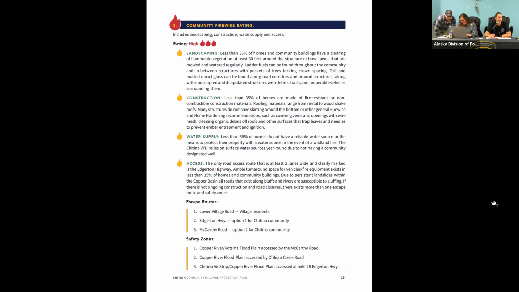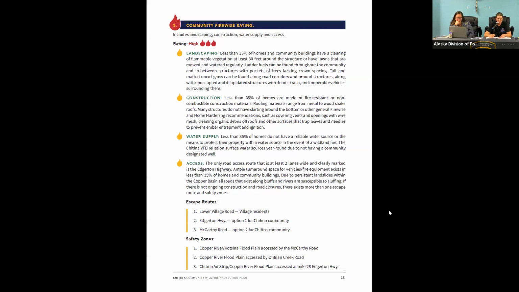Cleaning the debris off your roofs, any place where there are needles or other organic debris, like a place where your roof joints come together, or around gutters and that sort of thing. Embers can fall on that and catch your house on fire. Same thing if you have steps, porches, and that sort of thing. So those are some of the things that are included in home hardening.